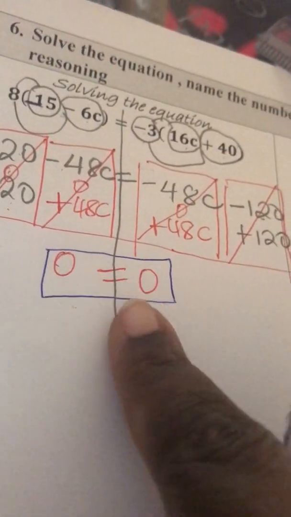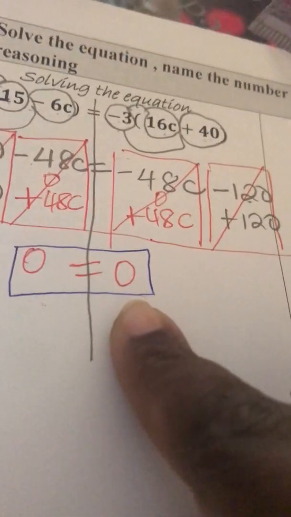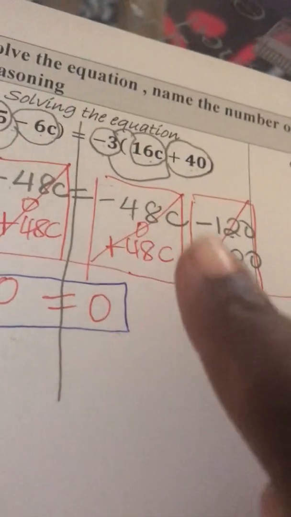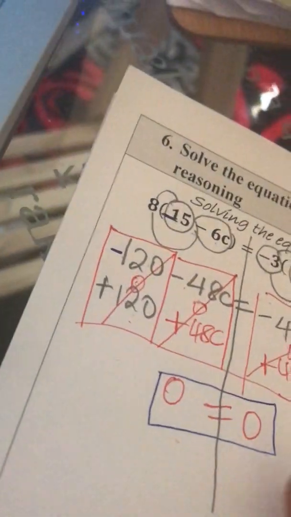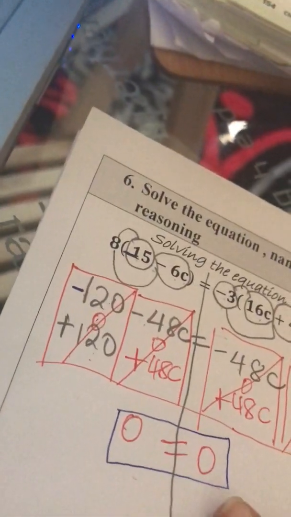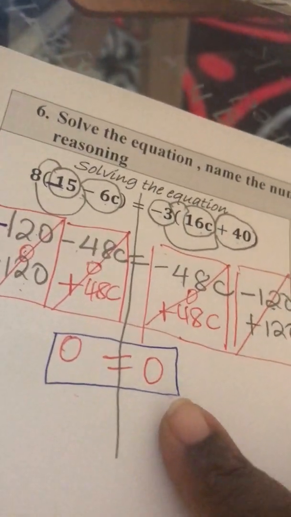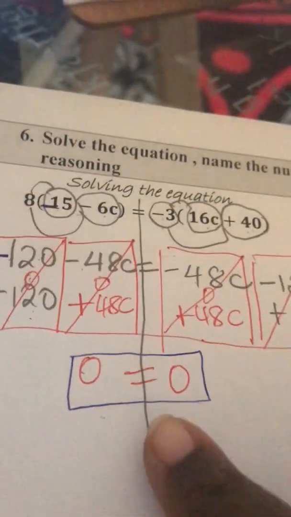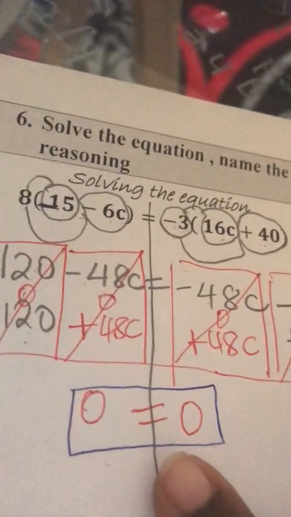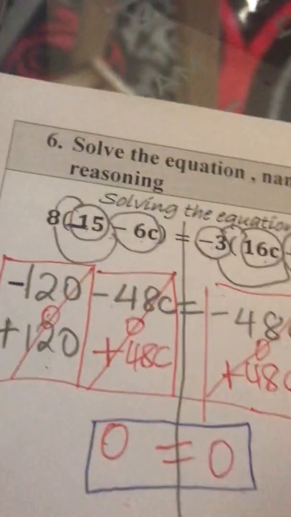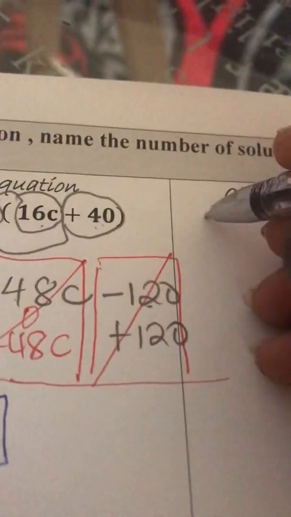So I know this is an identity solution. Okay? Now, how do you check an identity solution? It means you can use any other number you want to make sure it is an identity when you're checking. So I can use 1. I'm going to use 8